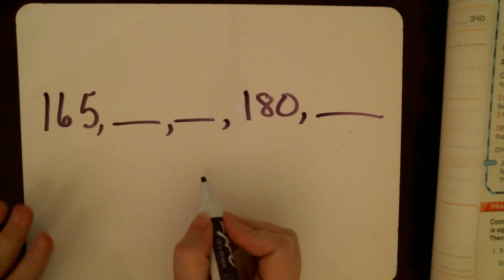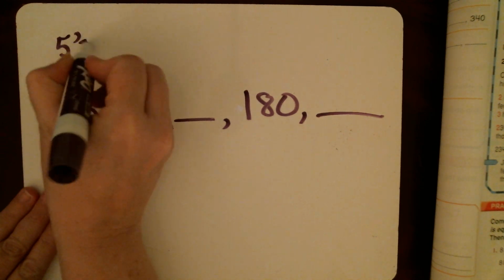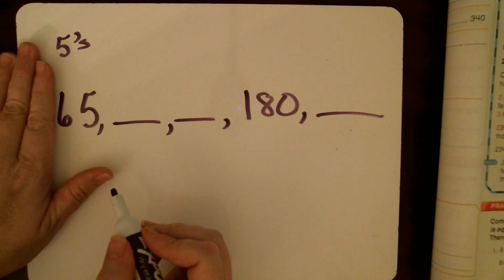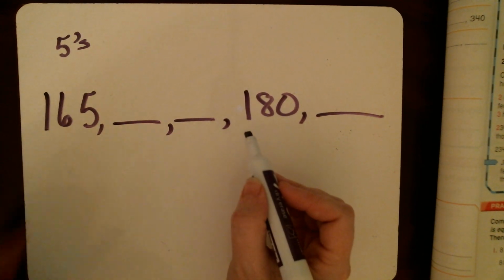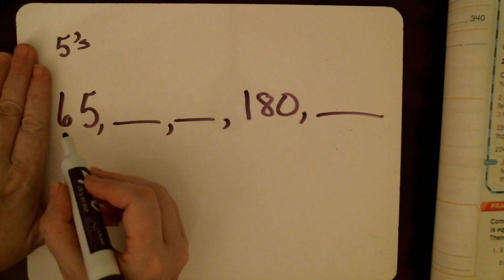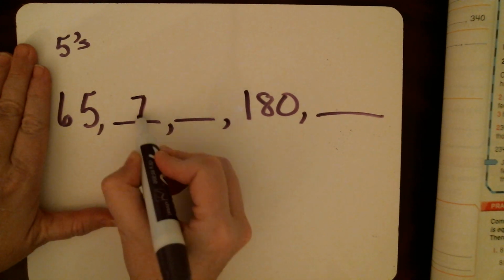Okay. So I'll always tell you what you're going to skip count by. I want you to skip count by fives on this one, okay? And remember what I told you, you can cover up that hundreds and see. The only time you really have to pay attention to that is when you're transitioning to that next hundred. So think about it. If I'm counting by fives, 10, 15, 65, the next one I would say is 70,